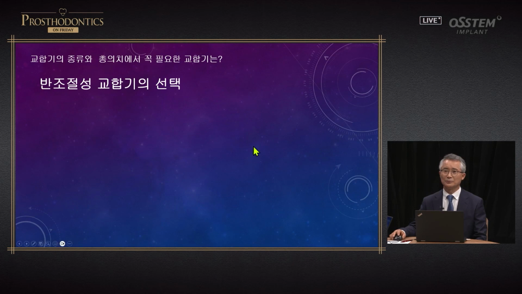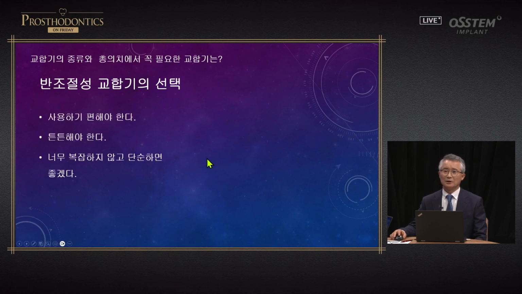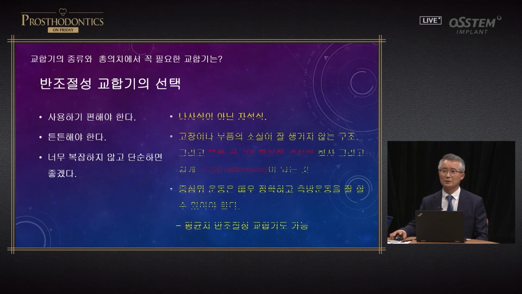In terms of choosing an articulator, it should be easy to use. Once the lock is unlocked, it should be easy to adjust. Cavo or Osstem articulators are easy to manipulate and movements are easy to do. They're stable and there should be no breakdowns of such devices. Articulators should be cheap as well, and it has limitations, so we should not use something that is especially complicated.